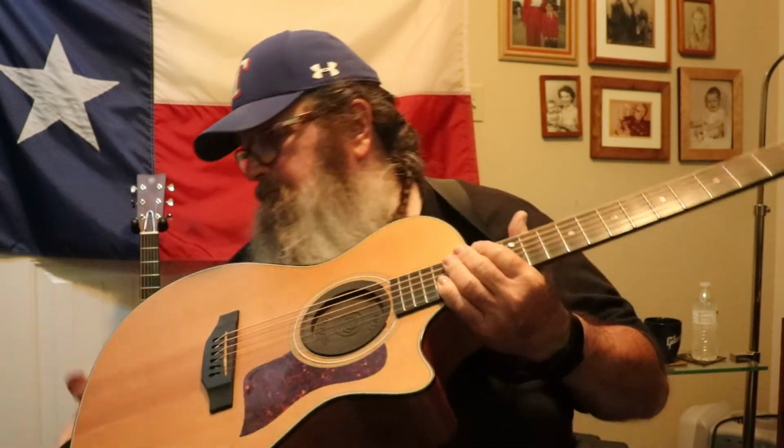There you go, Sitka spruce top. It's a good gigging guitar. I paid $900 for this guitar through Guitar Center. They were selling it so cheap because it had scars. Well,